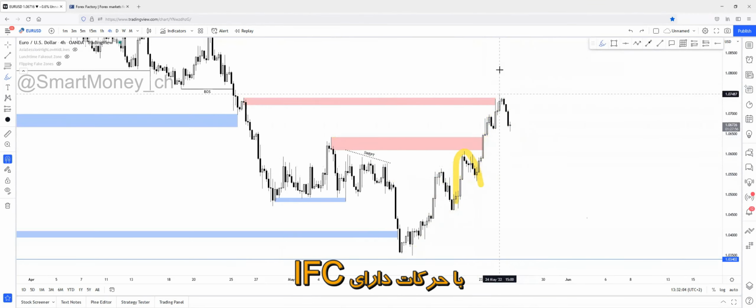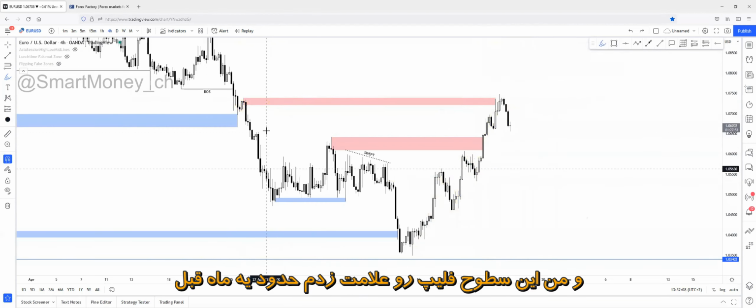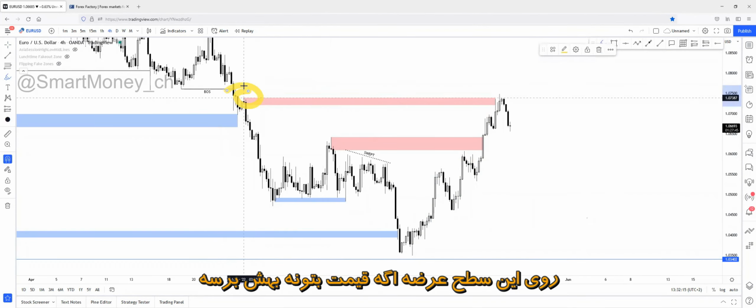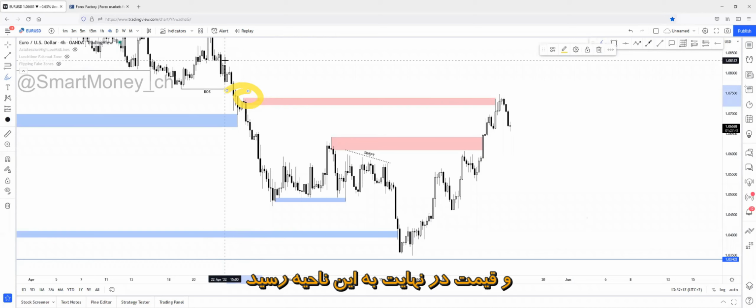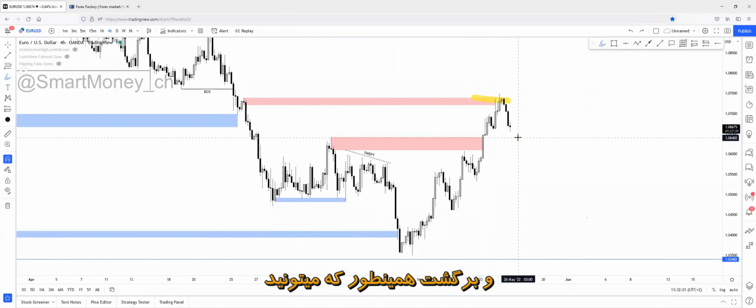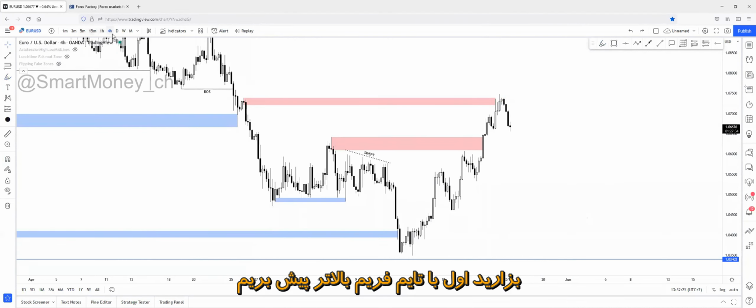And actually, the price is inside of this supply zone, which was a flip zone. I marked this flip zone around a month ago, and I showed you this flip zone a month ago, saying that I'm expecting a reaction on this supply zone. Price has finally reached this supply zone, reacted on it and reversed, as you can see. But let's just continue with the higher time frame first.